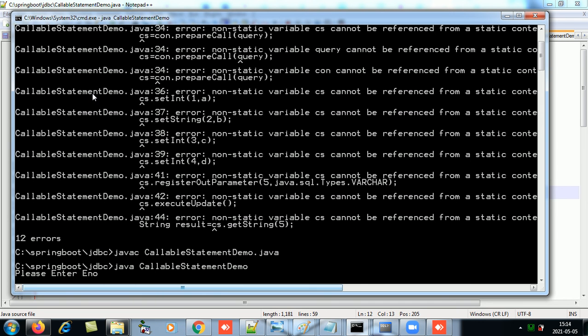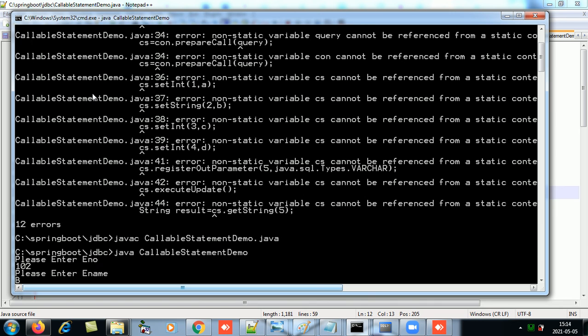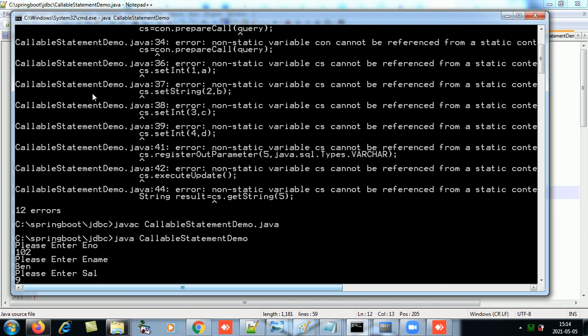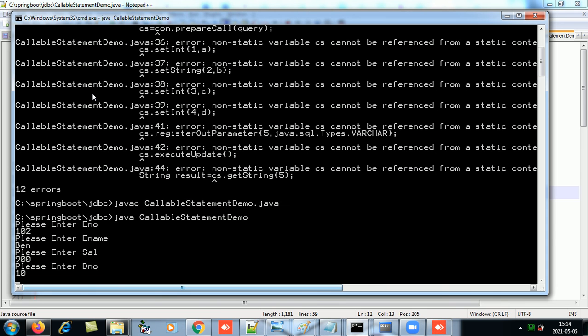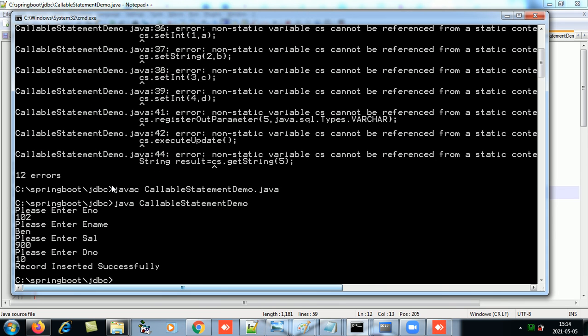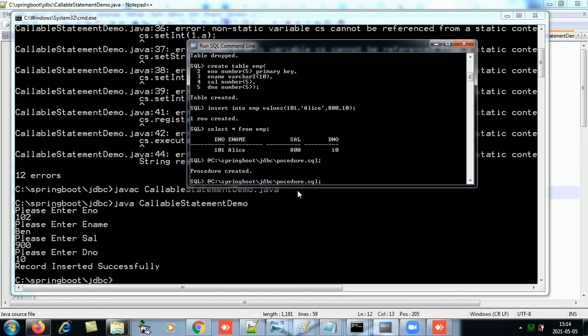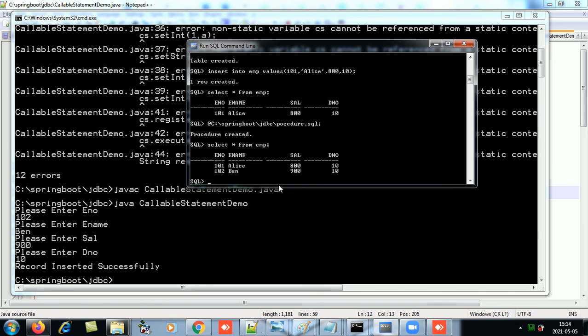Please enter the employee number. Let's say 102, Ben, 900, department number 10. Record inserted successfully. Now go and check in the database. Here you go, 102 Ben.